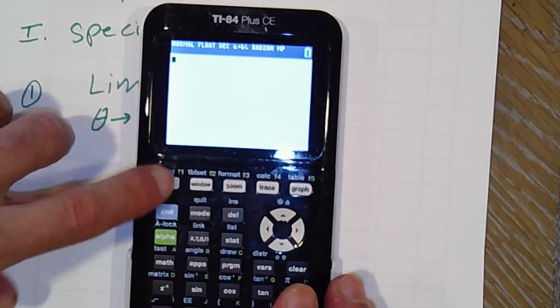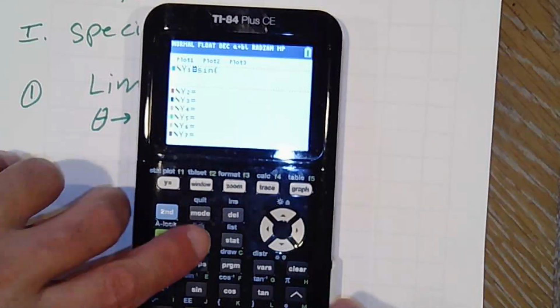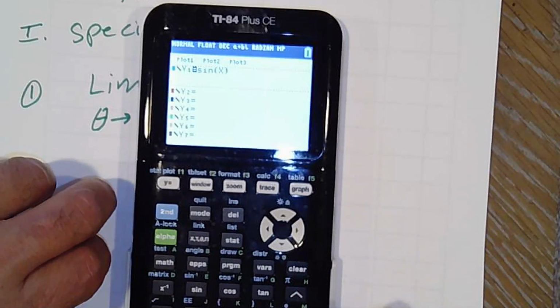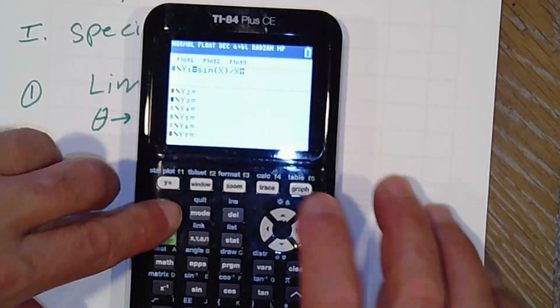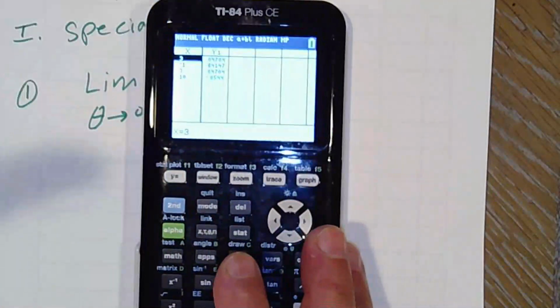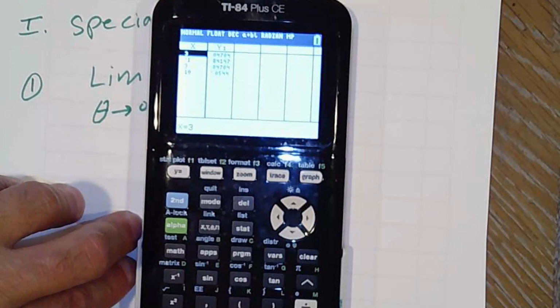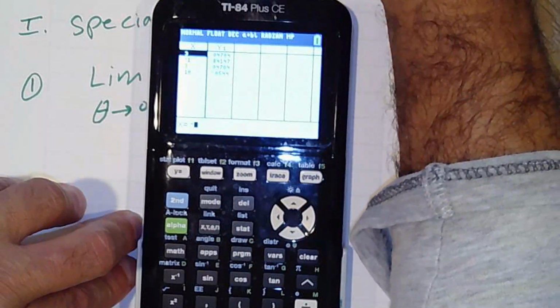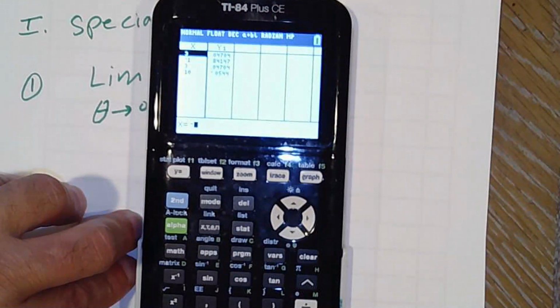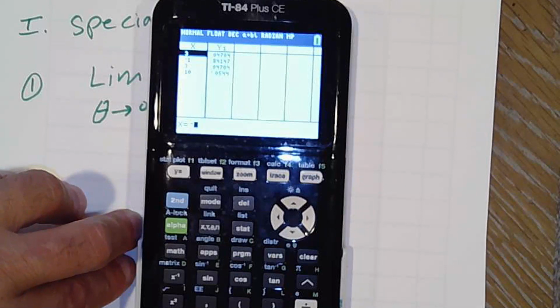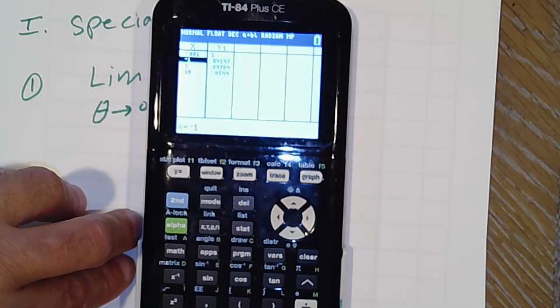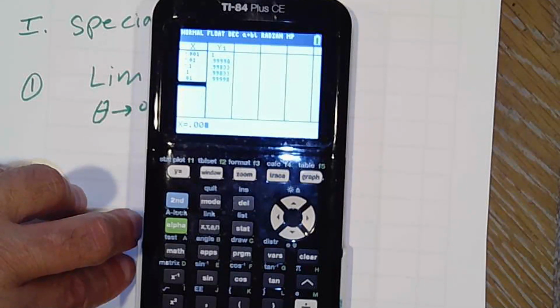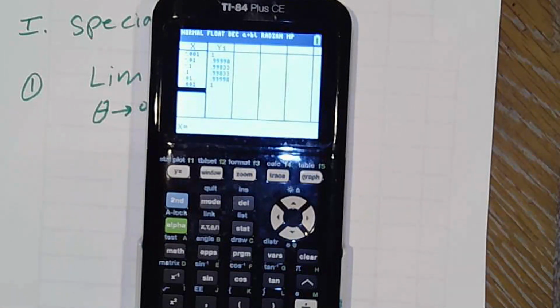So if you look at the table, if you key in y equals sine x over x, go to table, and then key in, as you're approaching 0 from the left, and then as you're approaching 0 from the right, so negative 0.001, negative 0.01, negative 0.1, and then from the right, 0.1, 0.01, 0.001. So you can see as you're approaching 0 from the left or from the right,